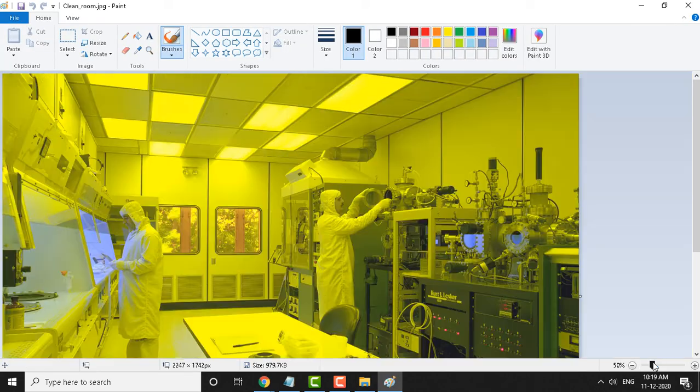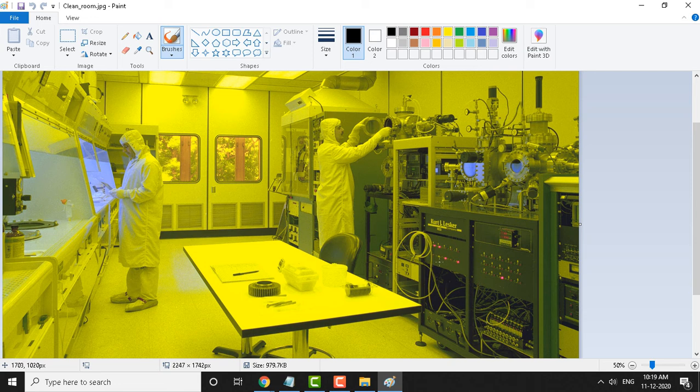Yeah, I will just minimize this. This is a clean room where ICs get fabricated. Okay, so the cleanliness within this chamber matters a lot. Many times, even a dust particle will kill many transistors. So therefore, we need to maintain ultra high cleanliness in the fabrication chamber here. You can see that the people who work here are wearing dust free material covering the complete body. Okay, and you can see other diagrams.